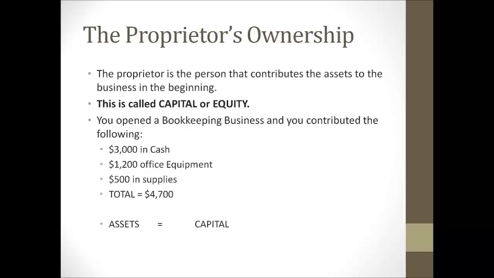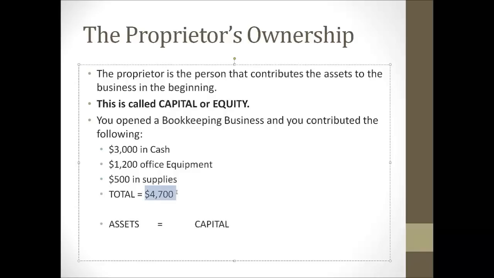So now that we talk about the owners, let's talk about the owner's stake in the business. The proprietor is the person that contributes the assets to the business in the beginning, or while it is functioning. And this is called capital or equity. If you open a bookkeeping business and you contribute $3,000 in cash, $1,200 in office equipment, and $500 in supplies, and it comes to a total of $4,700, this means that the business owns $4,700, and the owner owns in the business $4,700,